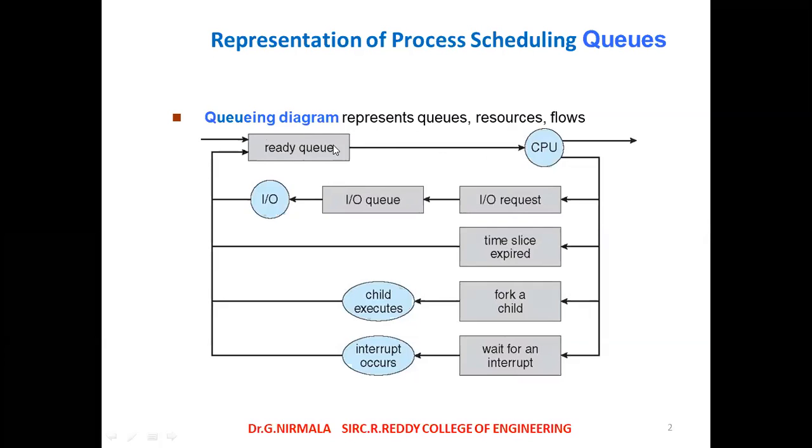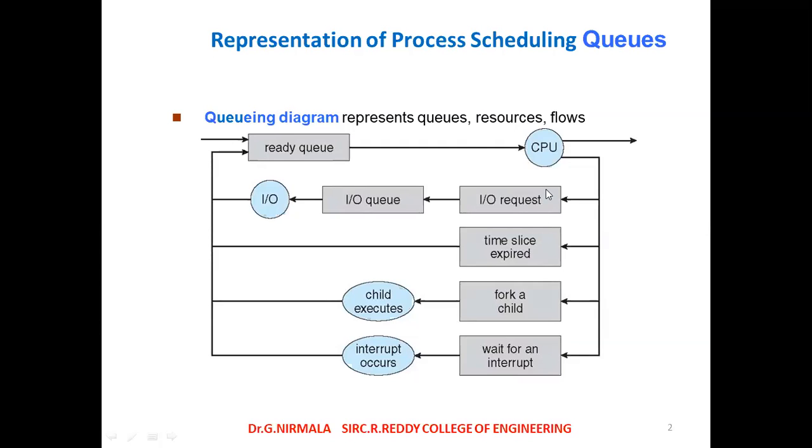In between, an IO operation, input output operation, may occur. Then the IO queue will be there to handle that. From the CPU it makes the IO request. This request will be processed by the IO queue and it performs the IO operation. Then the blocked process will be placed into the ready queue. After execution of the IO operations, it moves again to the ready queue.